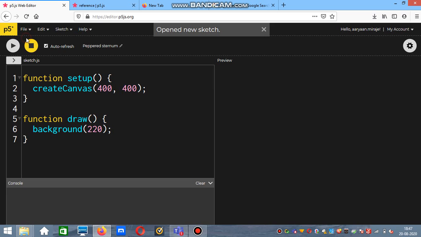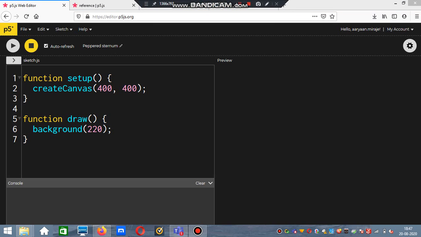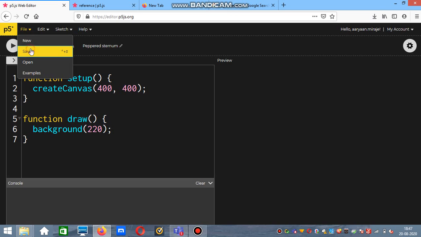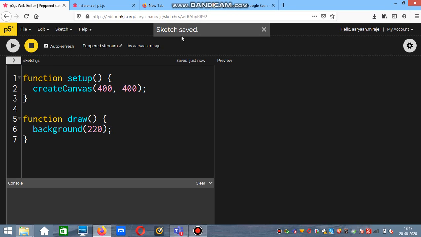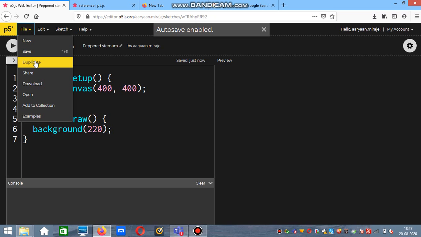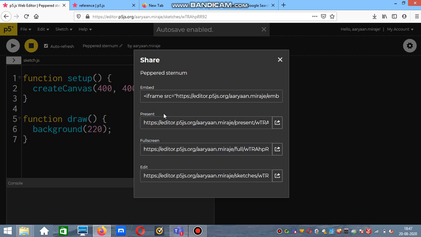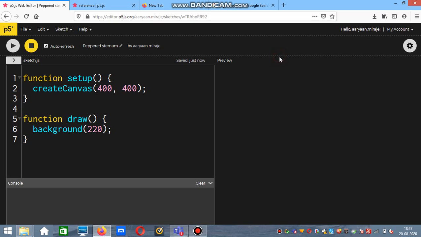If you want to create a new sketch, an option will come here. If you want to share your project, after saving, options will come: share, duplicate, download. Copy this link by double tapping on it, and now you can share it anywhere you want. In the Edit option there is tidy code, and all that stuff I will tell you afterwards.